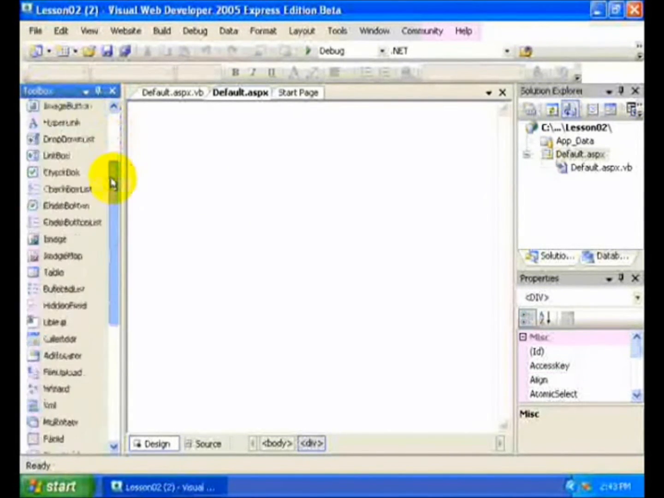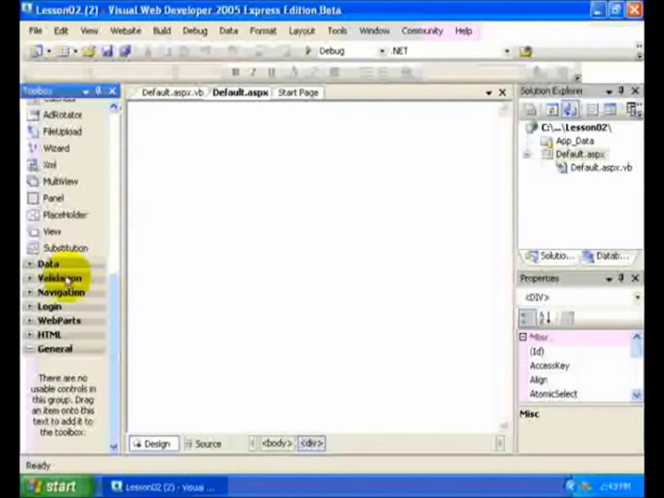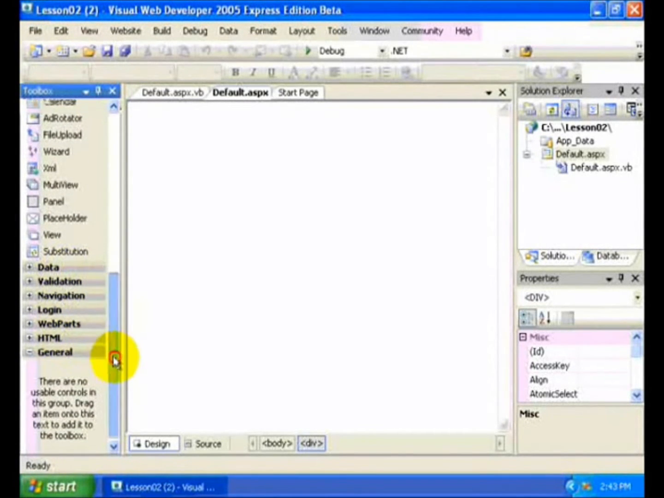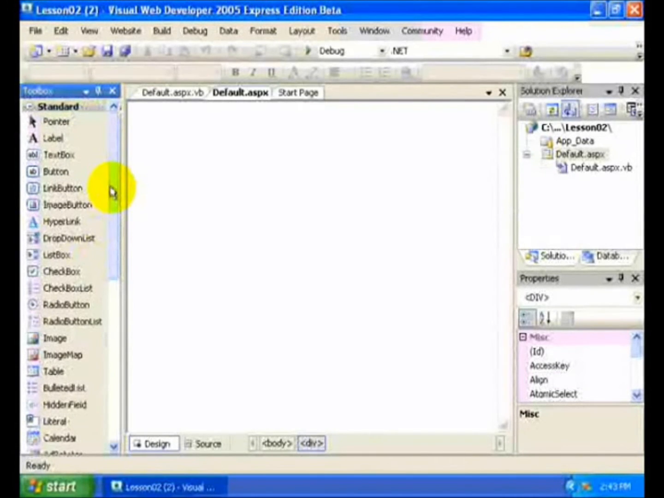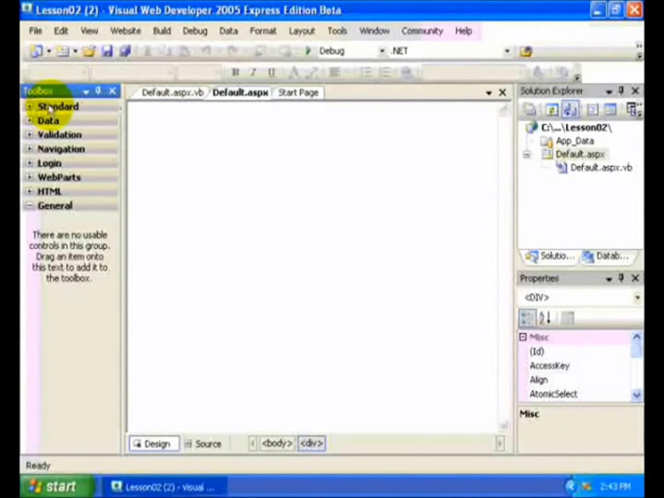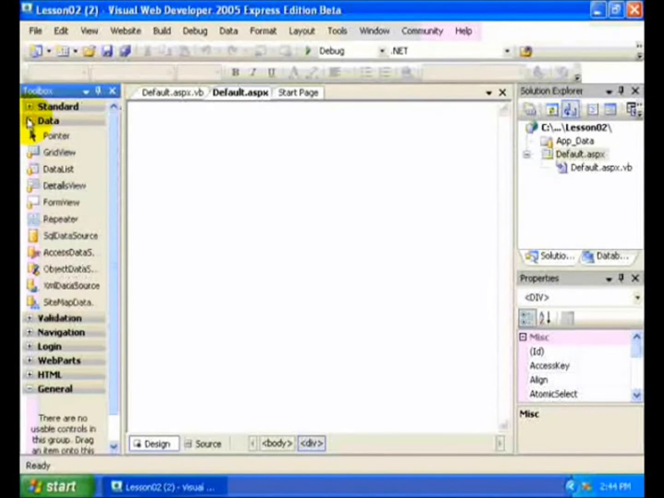Notice that the toolbox is split up into a number of different sections that are only visible whenever we use the little scroll bar on the right hand side. I can use the minus button next to the word standard in order to roll up that category of toolbox items so I can see all the categories. There's data